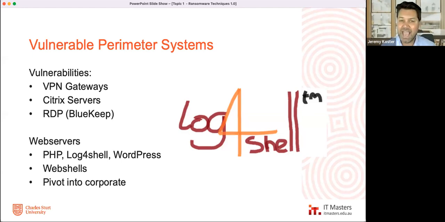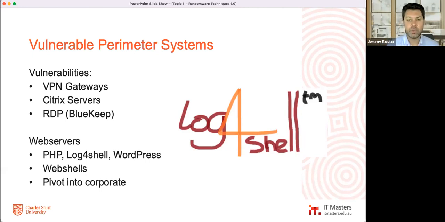Once they have access to a web server, they commonly put a web shell on, which gives them basically a toolkit. A web shell is like a Swiss Army knife on a web server that you can perform lots of commands, do scanning, do local commands on the command line, and be able to move into the organization that way and probe inside on the other side of the web server. So those web shells have been diabolical in the past as well. And all this is to pivot into the corporate.